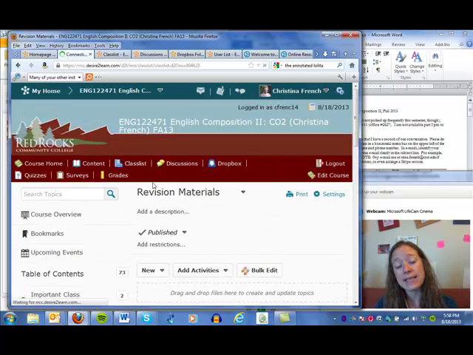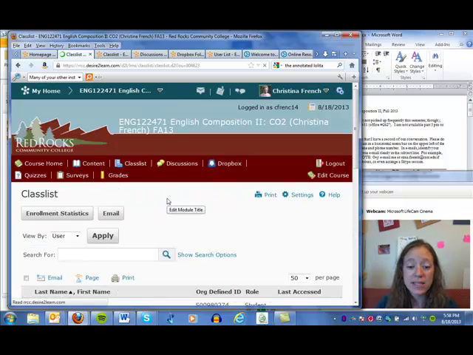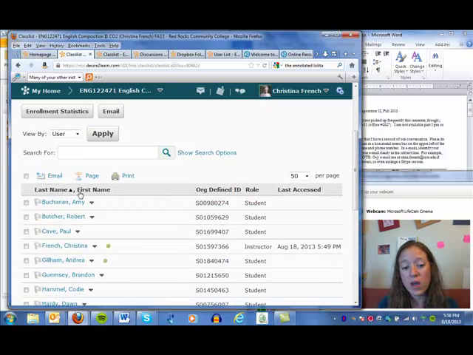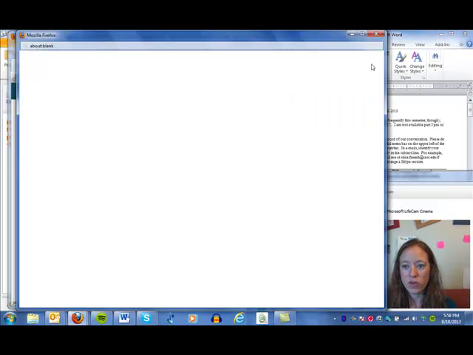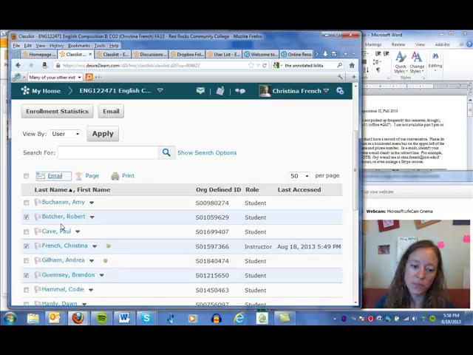If we go to the class list, that's where we can all contact each other. In case you've never used D2L and don't know, you can email multiple people by clicking the boxes here and then clicking email. And then a little window will come up, as you'll see. And I might not wait for it to load because my computer's a little slow today. But anyway, trust me on this. A window loads and lets you email Robert, me, and Brandon. Let's look at